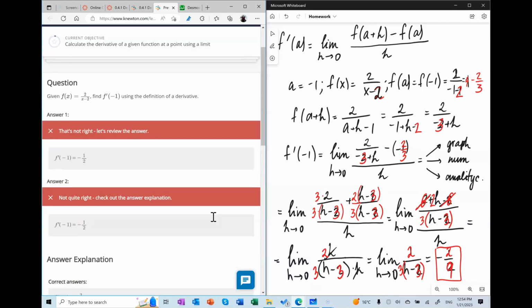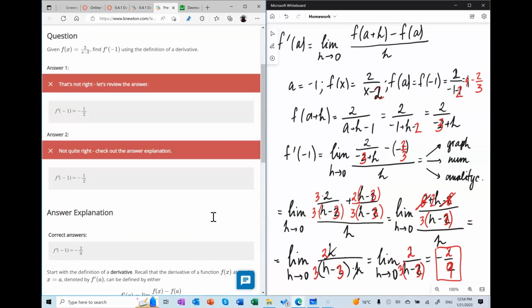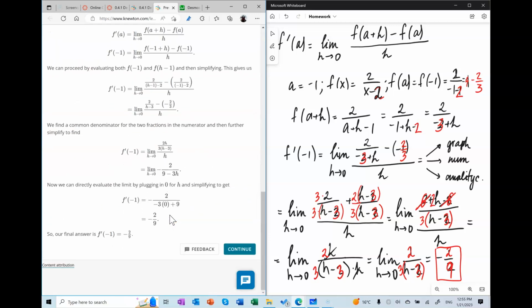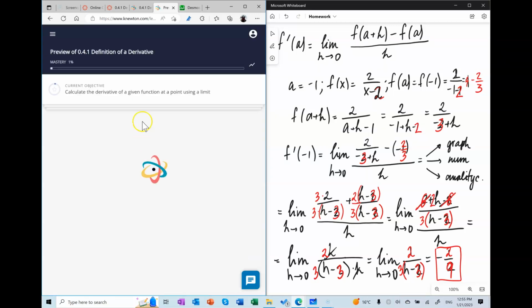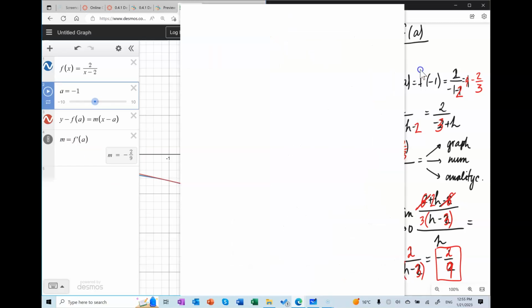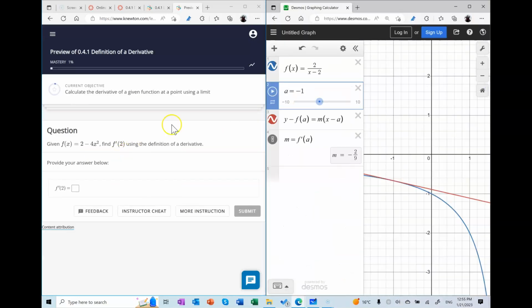Excellent. So did I forget to change the answer? I guess I forgot to retype the answer. Well, lesson learned. So we actually did get the correct answer, we just didn't type it correctly. So the next problem, we're not going to be doing it by hand, we're just going to be using